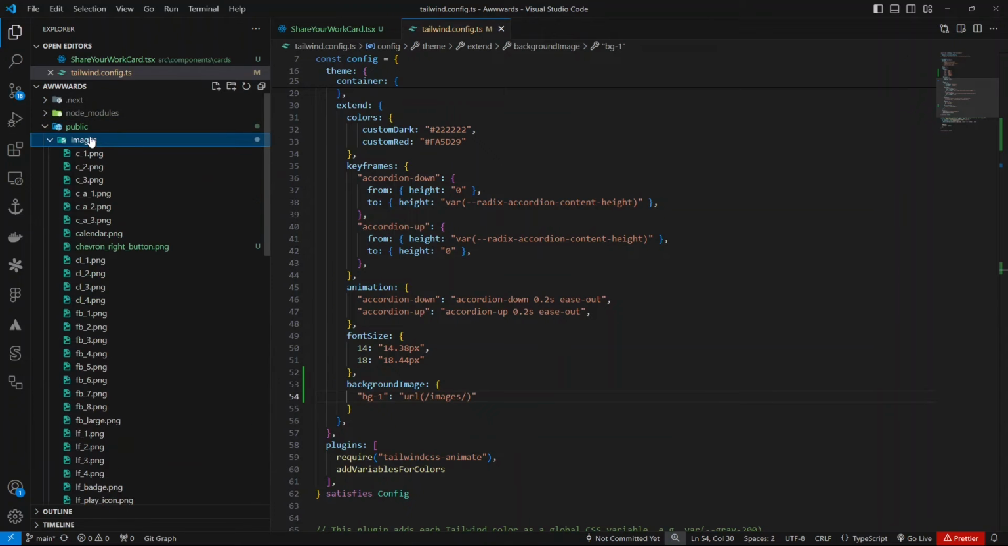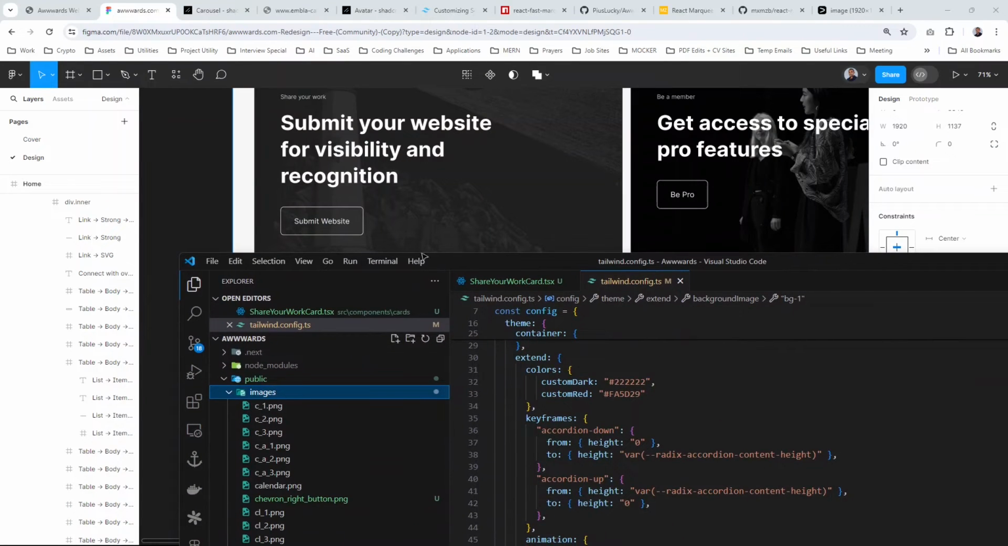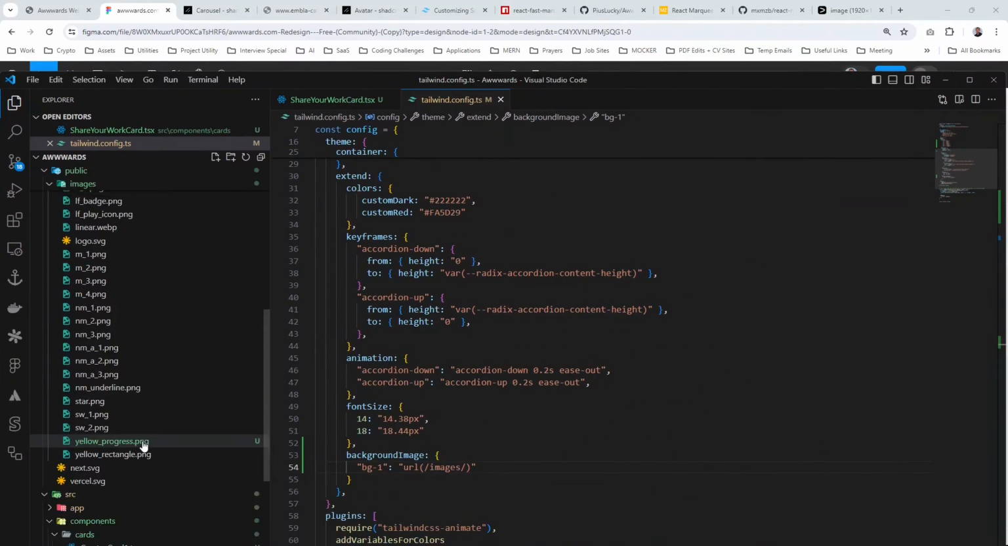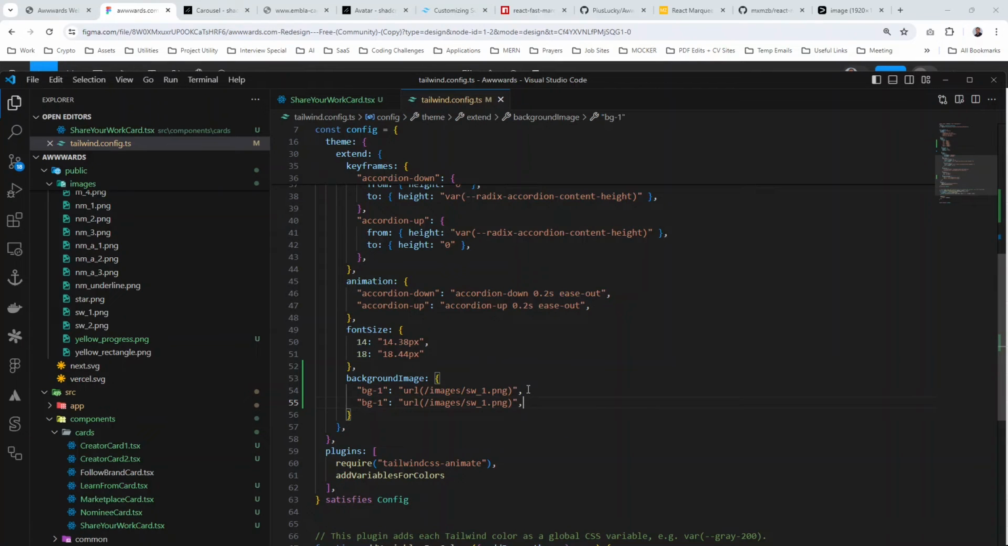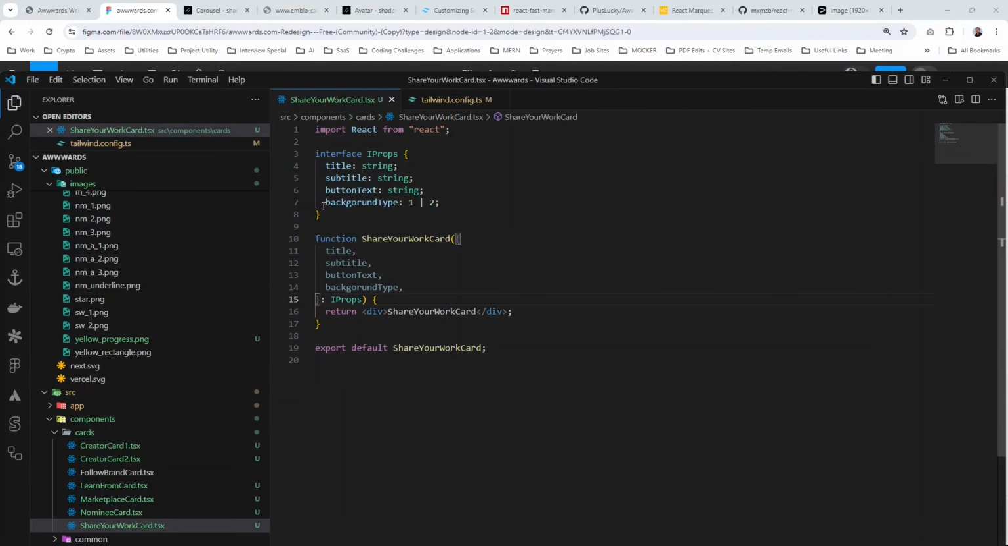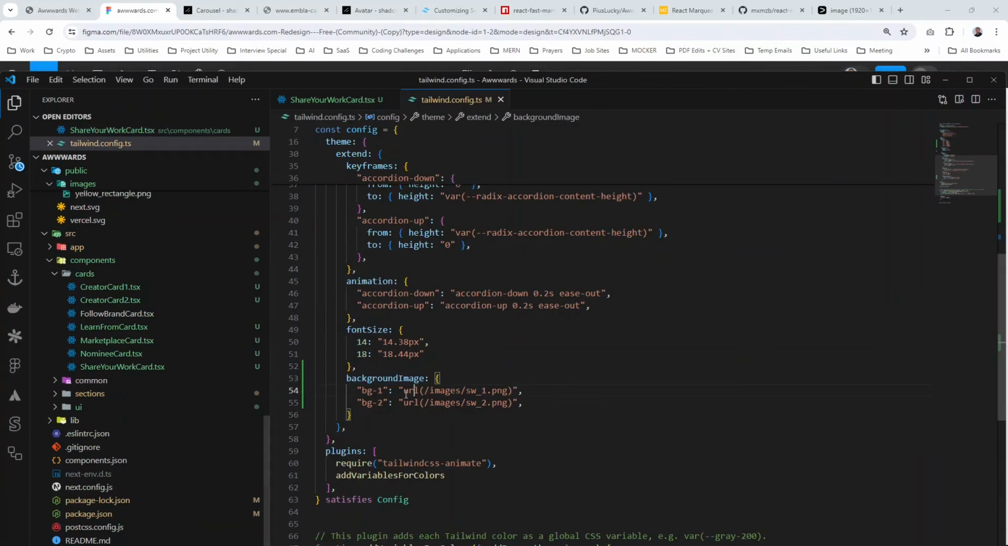So go to public, go to images. We're looking for this first one, that should be xw1 exactly. So we have the xw1.png, and you can do the same thing for the second one, but that will be xw2.png. Alright, so if we just do sw,